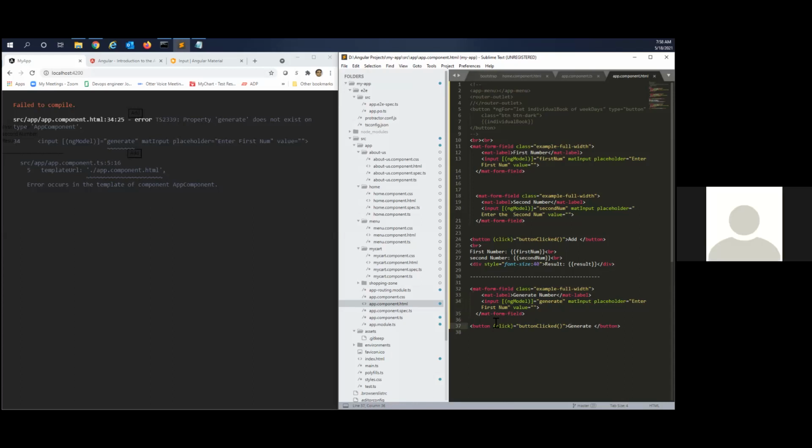Rajesh, here we are going to generate the number.